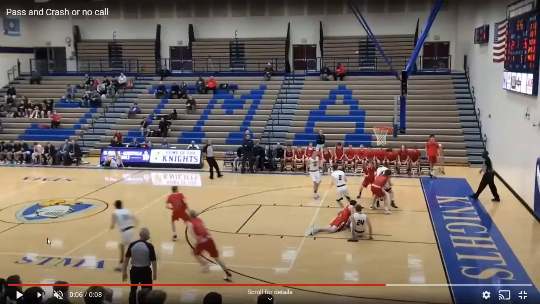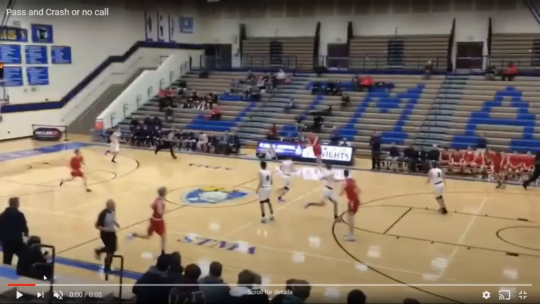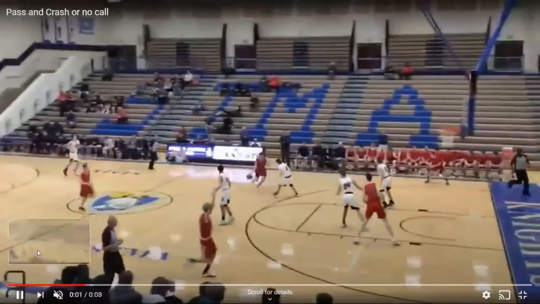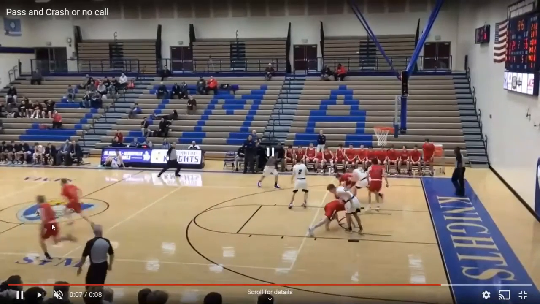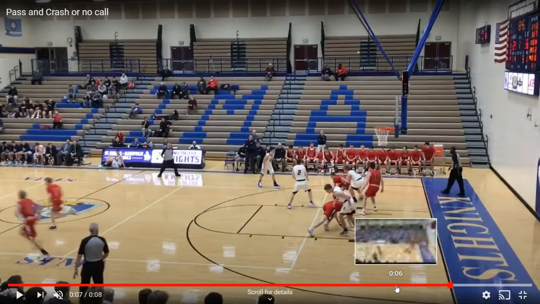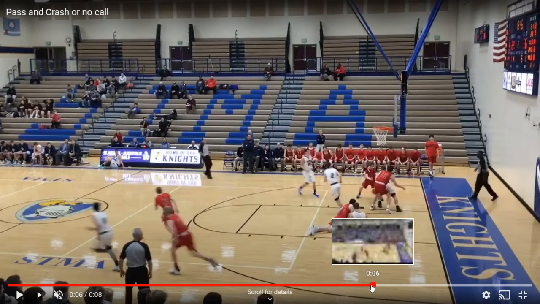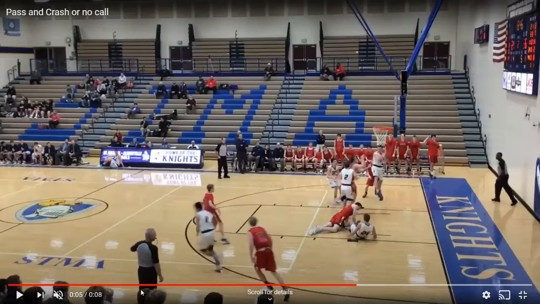So this is a very interesting play with a lot going on. Red's bringing the ball down the floor. Our trail is behind the play. The play comes across the floor, and there's contact. If you would stop it there, Chris, there's contact, but I think between the initial defender and the offensive player, it's very minimal contact. I think our defense is trying to buy us a foul here. The center official has to obviously take his eyes to the corner shooter, because that's him all on his own. And so he does not see what happens next, which is after the red player takes what looks like a dive to me, he then takes out White.